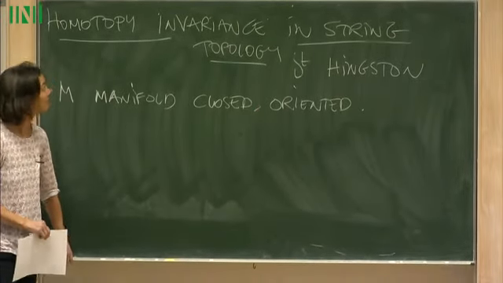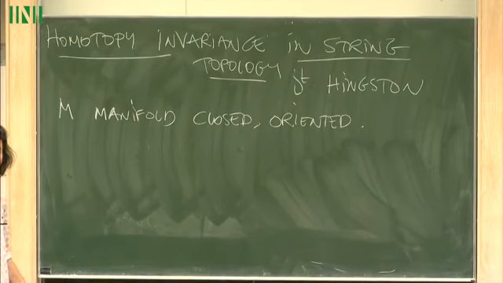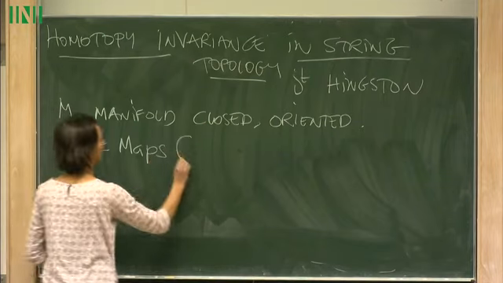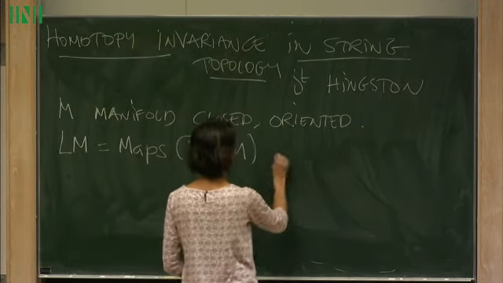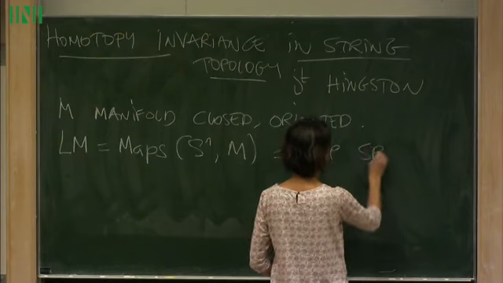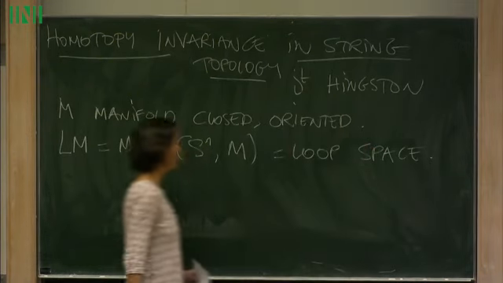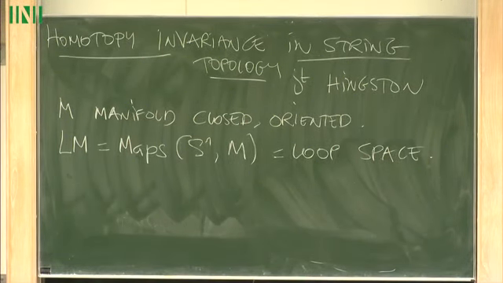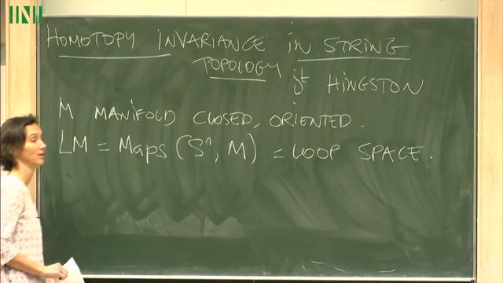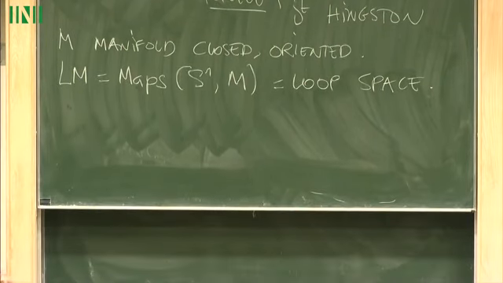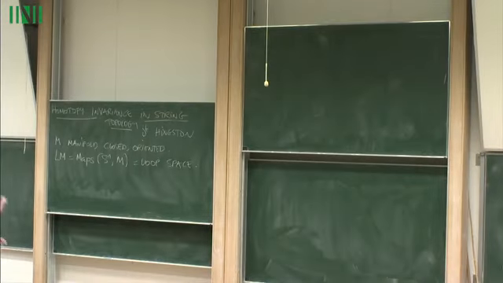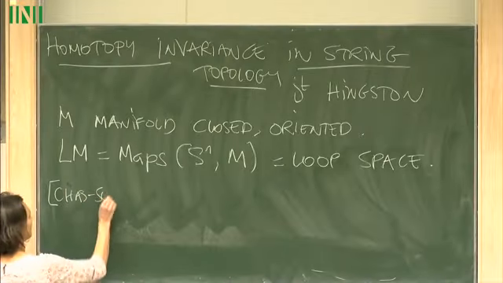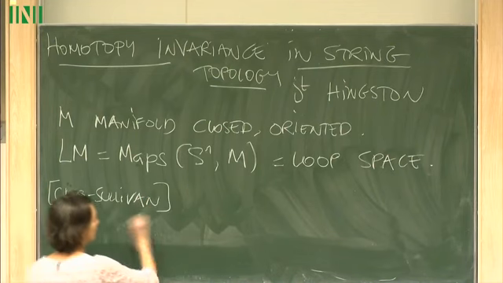And I want to talk about string topology. That's about the loop space. So LM is the maps from S^1 to M, the free loop space. And string topology is something about writing down operations on the homology of this space. So the two main, or big main, operations in string topology: the original one of Chas-Sullivan is a product on the